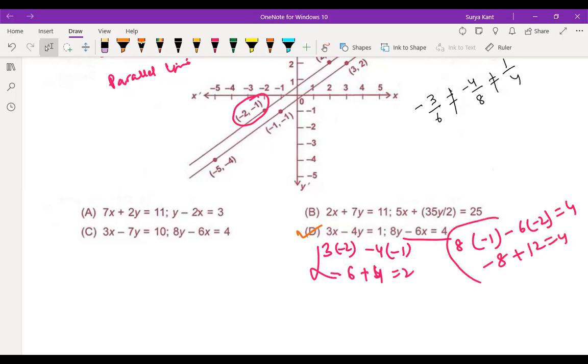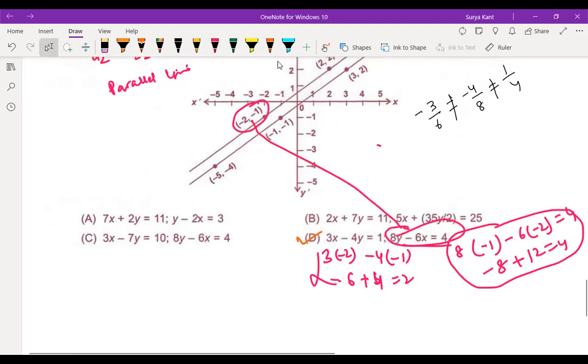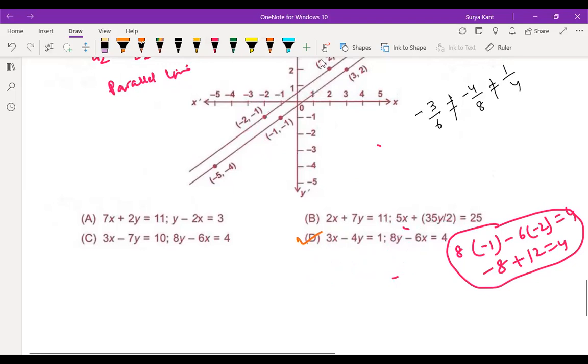So this is the equation which is satisfying this one. This second equation is satisfying the first line. This line is satisfying. Understood? Yes, sir. Yeah, like that you can check after that also, if two answers are coming in that way. So anyone having doubt in this? Vivek, it's clear to you? Yes, sir.